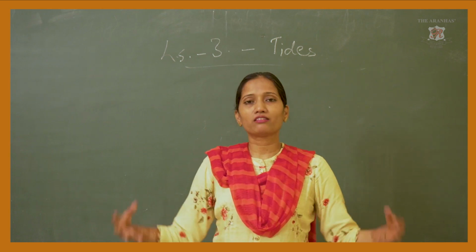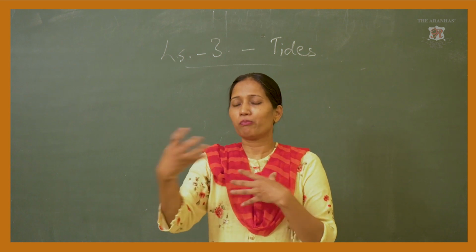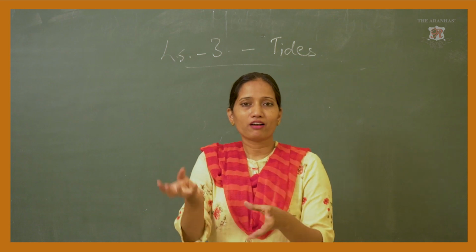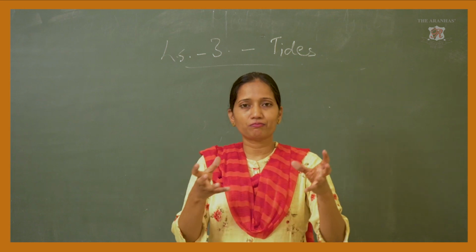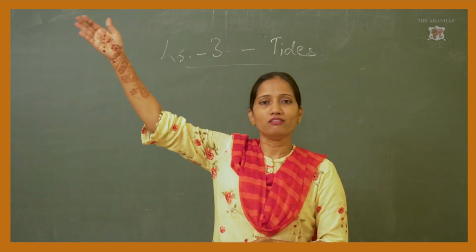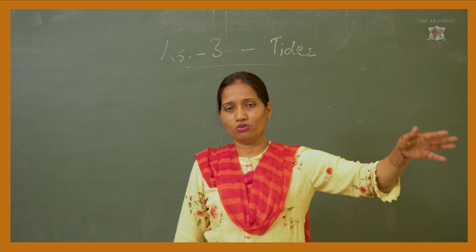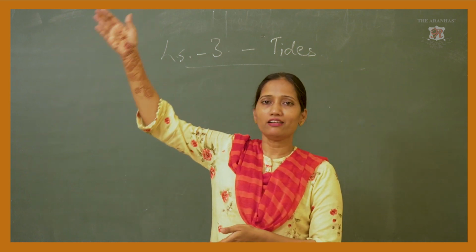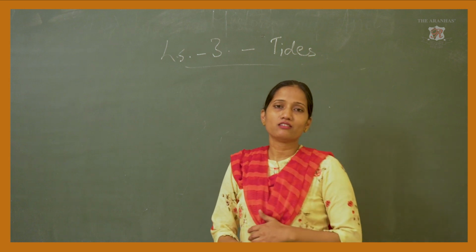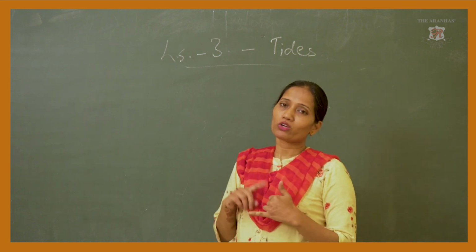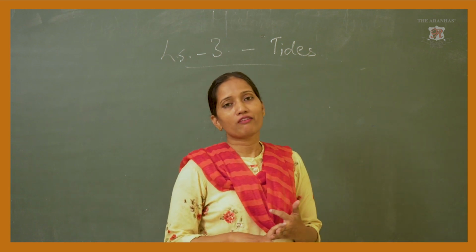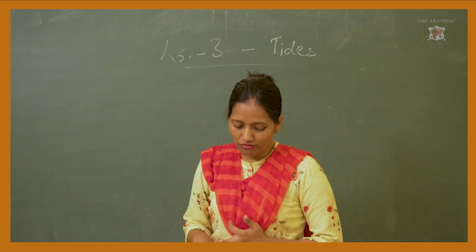Right? So the activity, the pulling and throwing of things, shakes the earth's surface, and the water rises up and low, and that's how the high tide and the low tide occur. So that is what we had learned about what tide is, how it occurs, when it occurs. It occurs after every 12 hours 25 minutes.